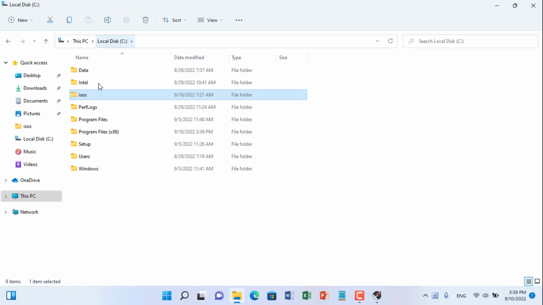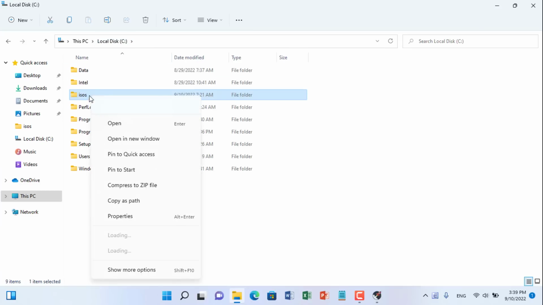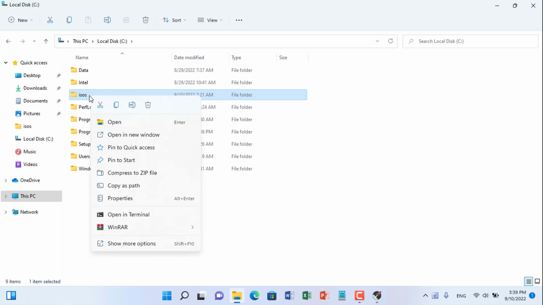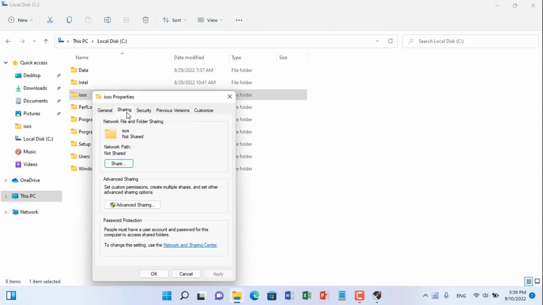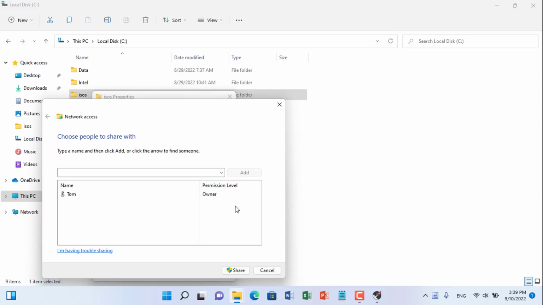On my Windows computer, there are two ISO files available for Windows 10 operating system and Ubuntu operating system. Next, I will share the file so that the XCP server can use the Windows ISO file to install the operating system for the virtual machine. Next, I will set up this folder sharing over the network.